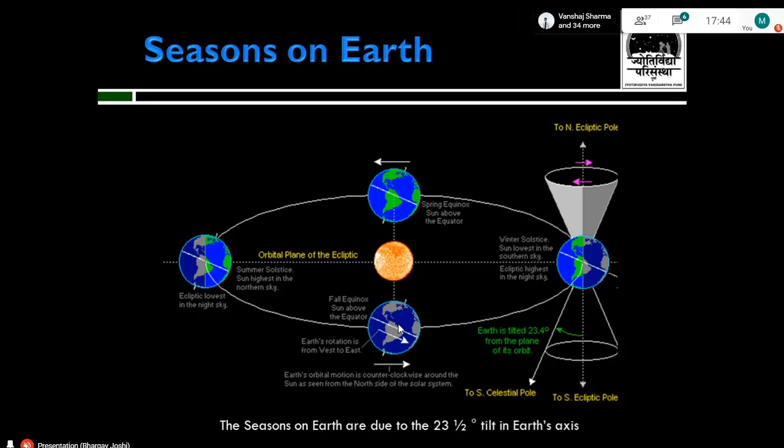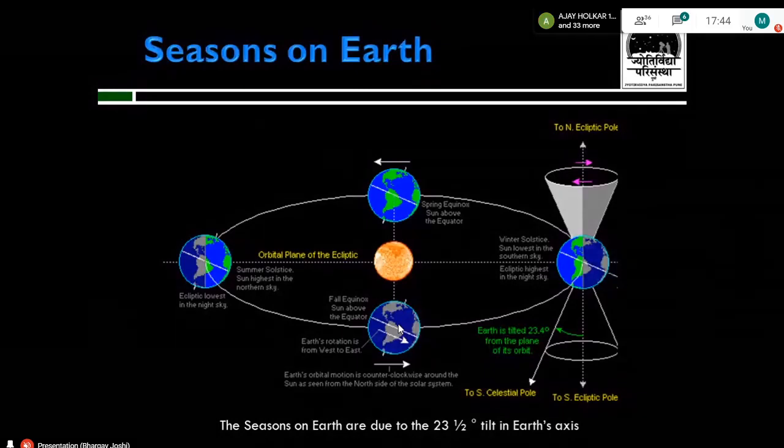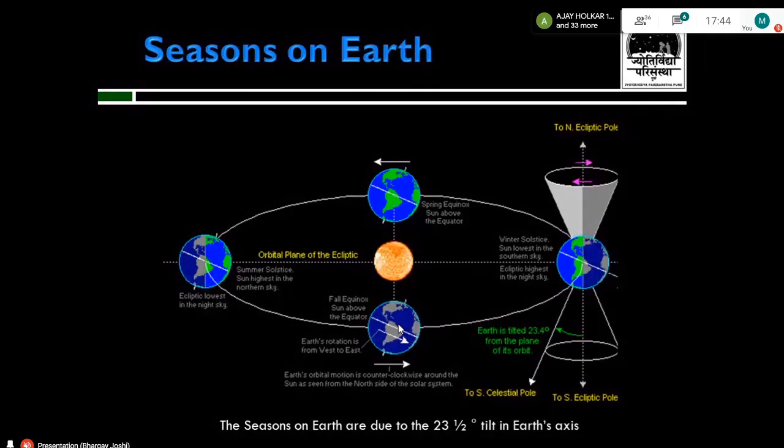So what you can see here are all the cardinal positions which are responsible for the seasons on planet Earth. We start with winter, then we have the spring, then we have the summer, and finally we have the autumn. So as you can see through the diagram, the seasons are merely the effect of the inclination of the Earth and not the distance from the sun. Okay, just keep this in mind. Seasons on Earth are due to the axial tilt, and this is how they are caused.